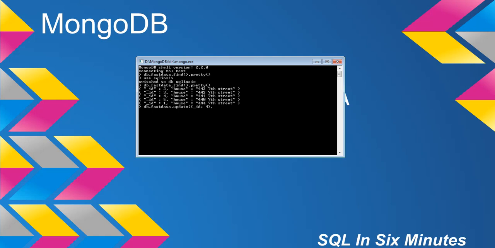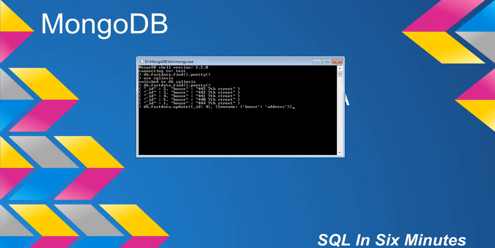So when we're updating, if I say ID equals 4, I'm saying I'm going to update only ID equals 4. That's very similar in the world of SQL when you say, I'm only going to update these values. Or sometimes, as many of you know, we will do a join, and that join in its own way filters the data. Okay, now we're going to update the field house to the new field name, address,